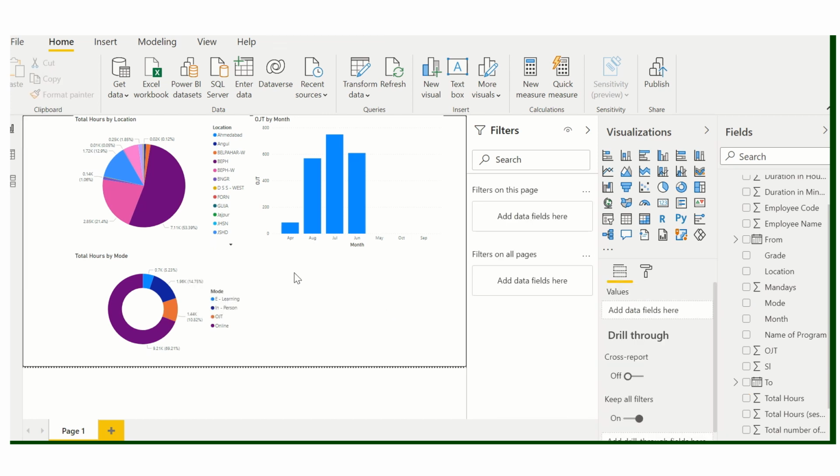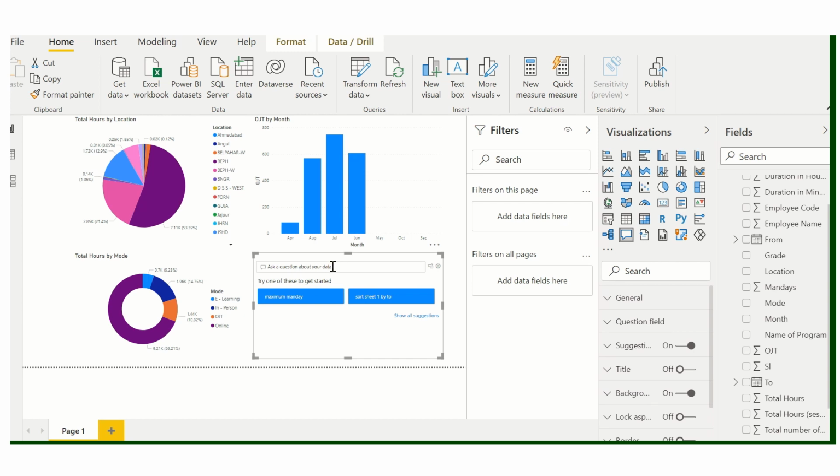Similarly, we can create a line chart here. Let us opt for grade wise.